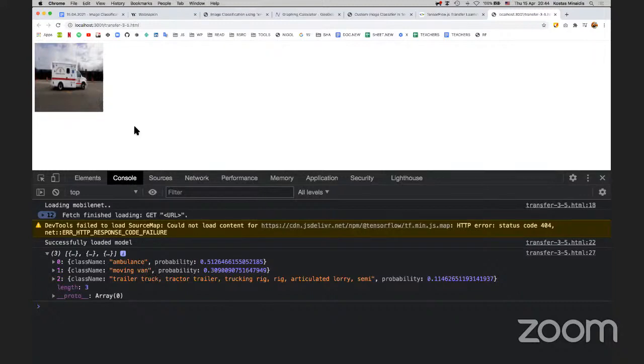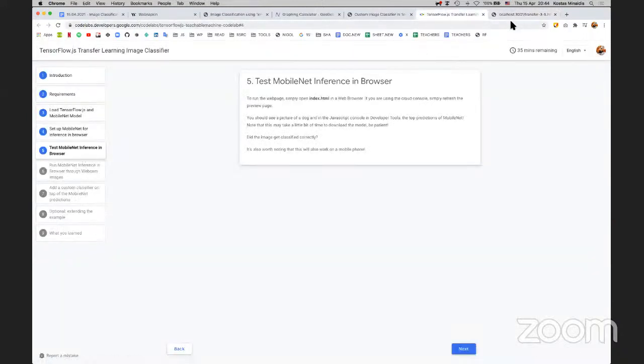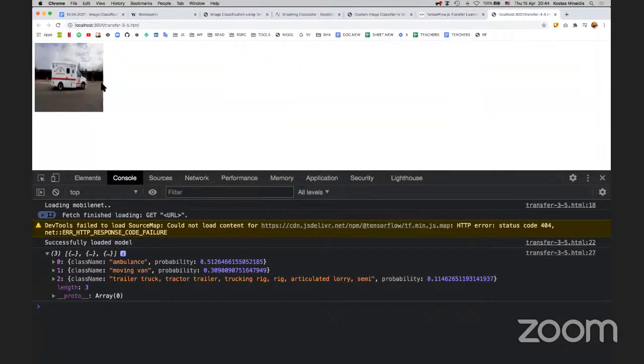We still haven't done the transfer learning that we did before with Teachable Machine to train the MobileNet on more images. So up to step 5 in here, you will just have MobileNet set up on a web page and be able to load an image or drag and drop an image or let the user open an image, and the MobileNet model will be able to give a prediction of what we're seeing in this picture. The next steps here